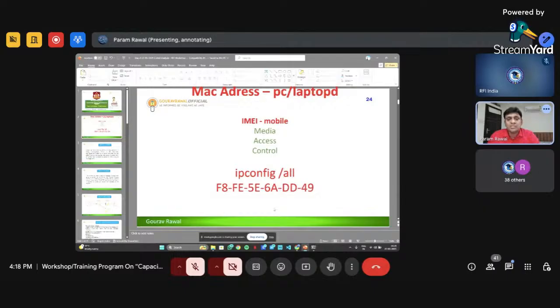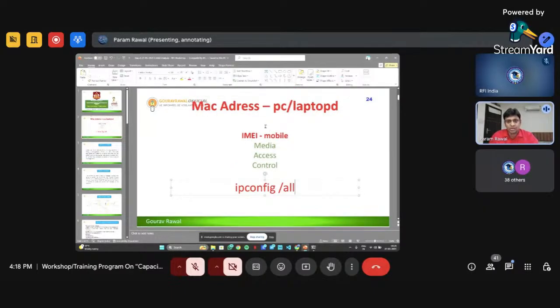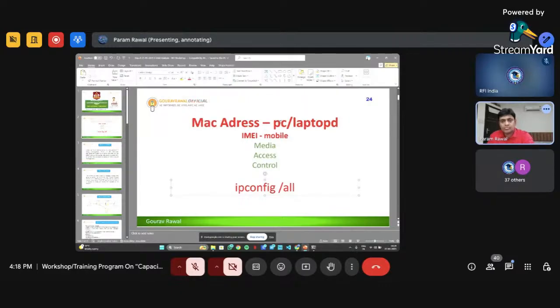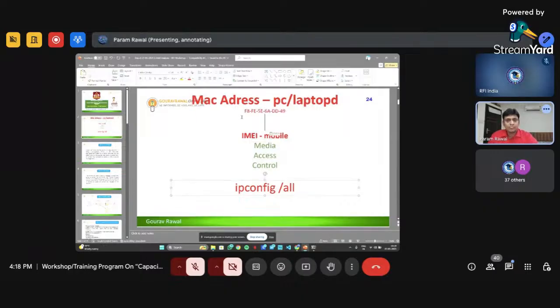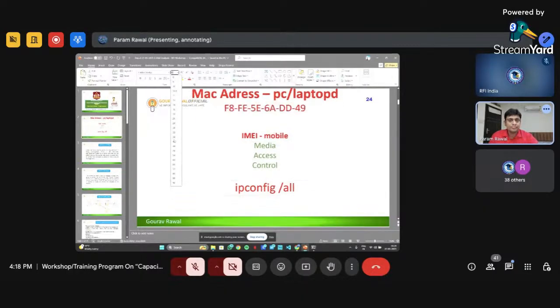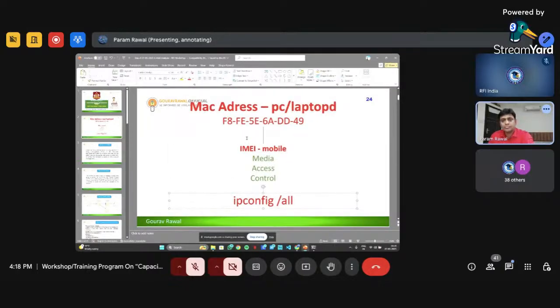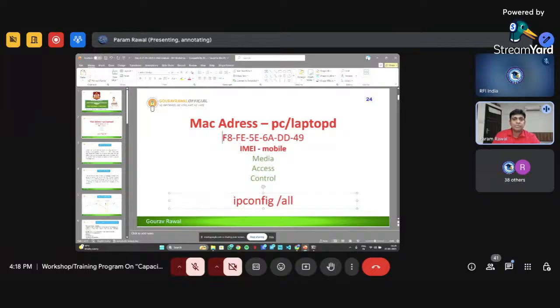This is the MAC address of the PC on which I am working right now.